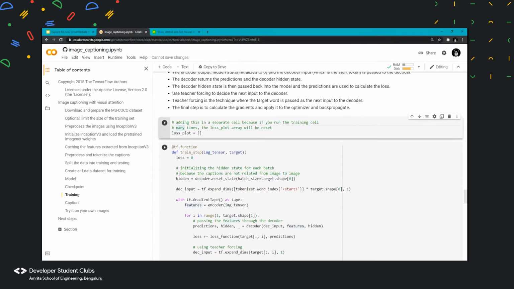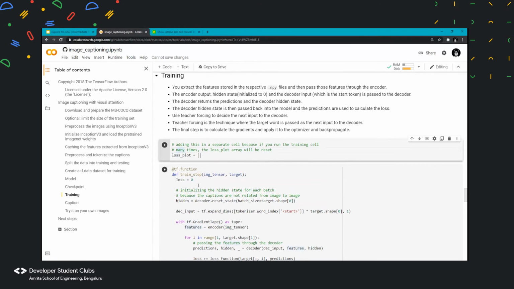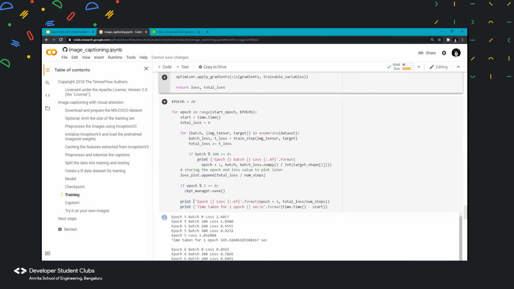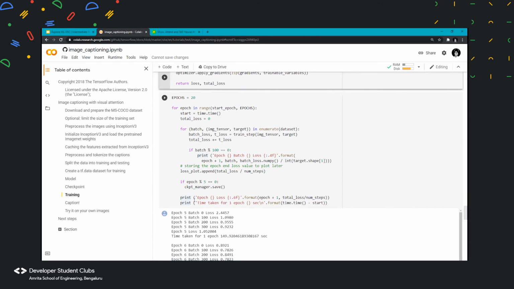And now it's training time. As I told earlier, we saved images in the .npy file, so we have to unpack them whenever it is required. This is the code to unpack them, take the batches, shuffle them, and send them to the encoder and decoder.